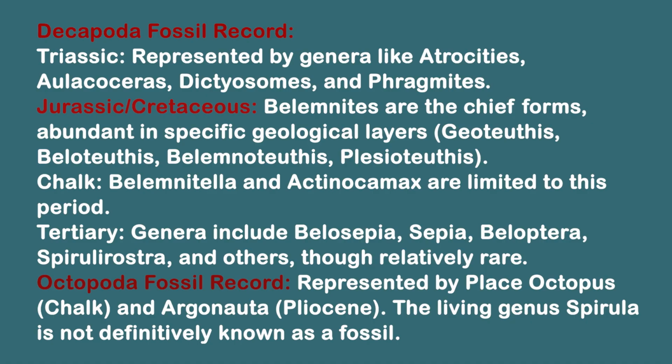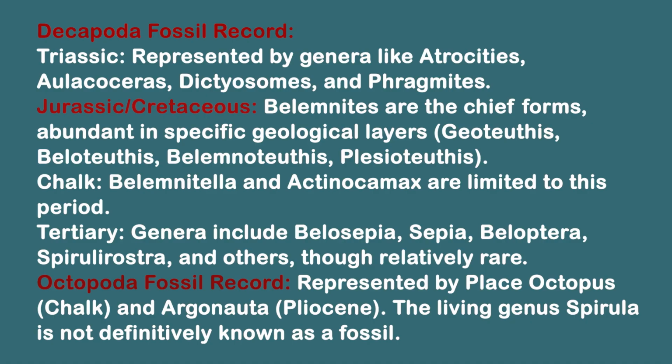Other Jurassic genera are Geoteuthis and Beloteuthis in the Lias, Belemnoteuthis and Plesioteuthis in the Upper Jurassic. Belemnitella and Actinocamax are limited to the Chalk. Let us talk about the Tertiary. The Tertiary dibranchs are relatively rare, but several genera are found like Belosepia, Sepia, Belemnosis,